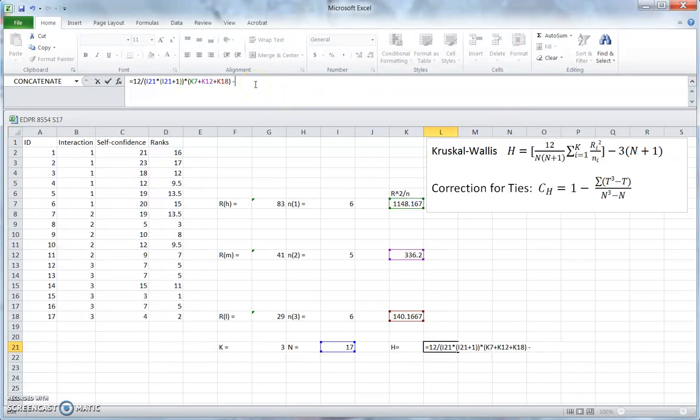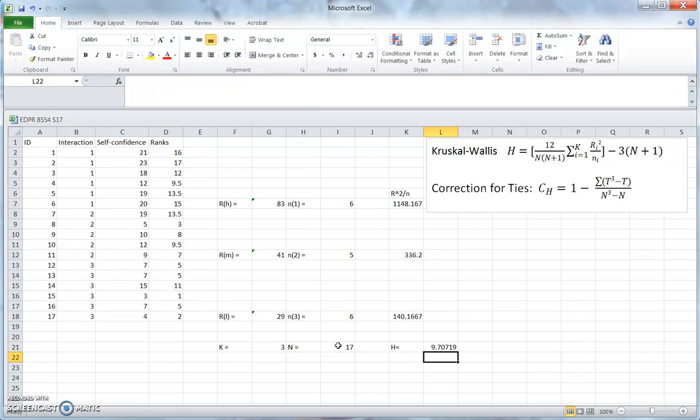Then we finish this calculation by doing the subtraction. 3 times the sample size plus 1. Okay, here we have an obtained H statistic